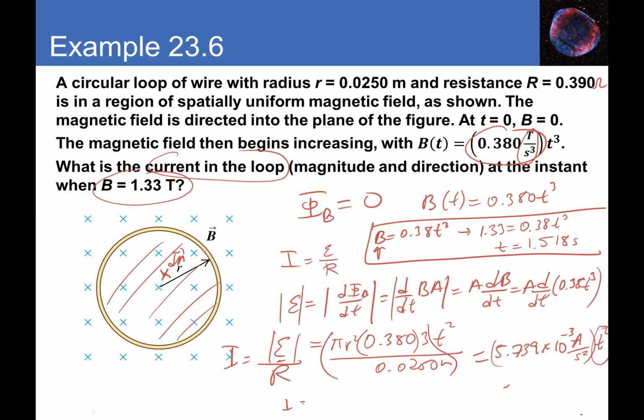Now I can come back to the current and say it's 5.739 times 10 to the negative 3, times 1.518 seconds squared. And that's going to be 0.0132 amps. That's the current at the same time where the magnetic field is 1.33 Tesla. All right, guys, so